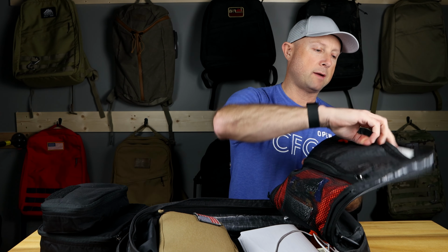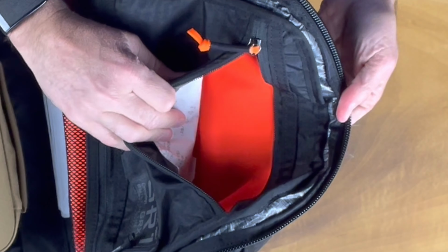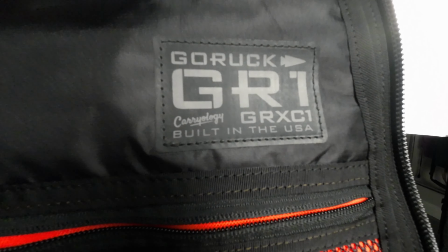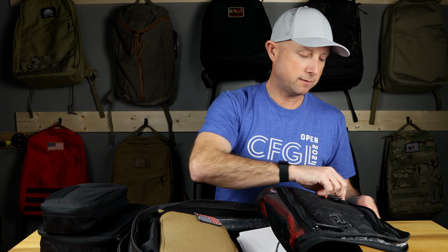And then this top pocket as well has loose items and also orange. So really the orange accents make this an awesome looking bag, and really it prevents you from losing items that are on the inside because it provides that contrast, the black cable, whatever it is that you put in there. You can see made in the USA, GR1XC1 there right on the label,